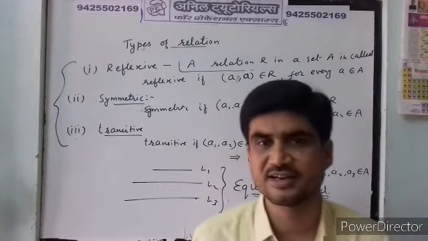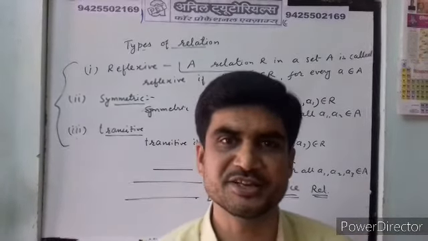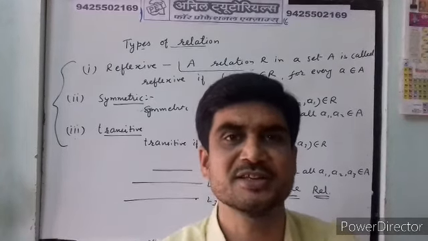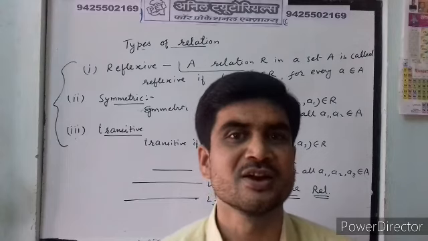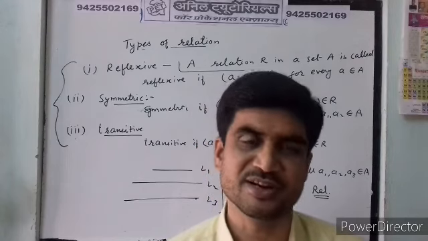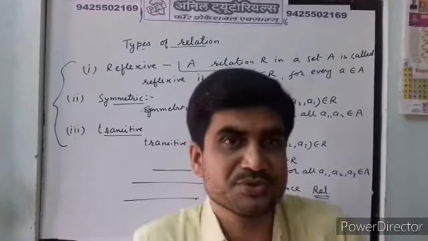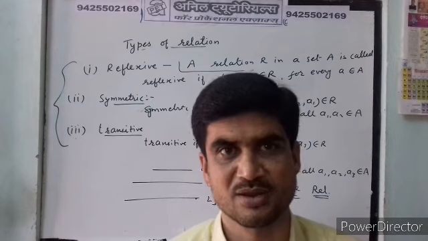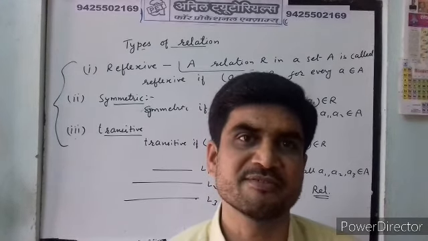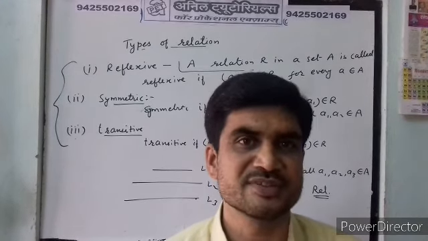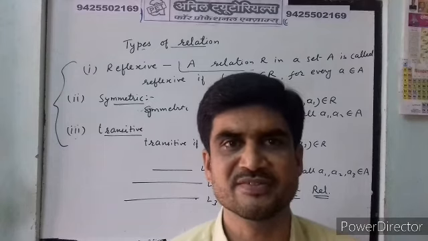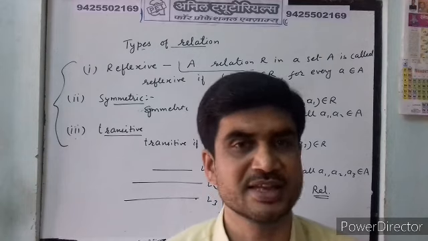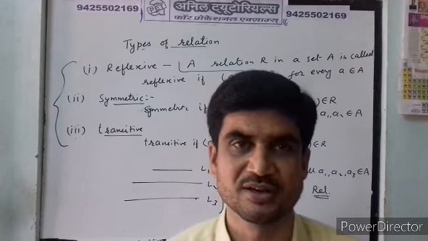What we studied earlier, there is an empty relation and universal relation, which we generally omit; generally we don't take this type of relation. This is called trivial relation, meaning not useful. And then we saw reflexive, symmetric and transitive. In the next period we will take some examples of this. One suggestion, children: go through the examples given in the NCERT textbook. We will solve some questions and then start types of functions. Okay, thank you.